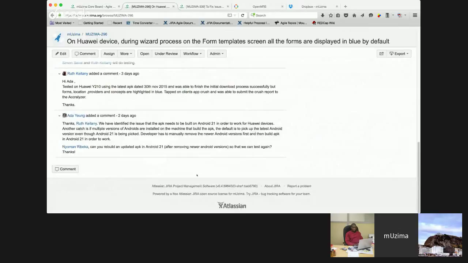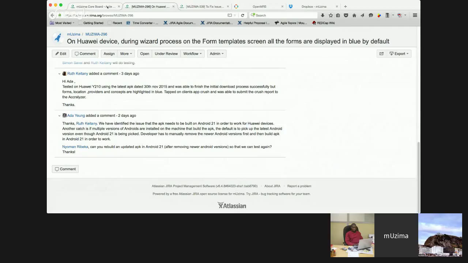The reason that it got held up is, as we discussed last time on the chat, as Simon you pointed out through the email, somehow the default Android version picked the latest even though you picked the older version, and we haven't had a chance to clean it up and regenerate. So Simon, if you can help us to regenerate the APK on a fresh Android 21 so that we can move forward with these 2 tickets testing.